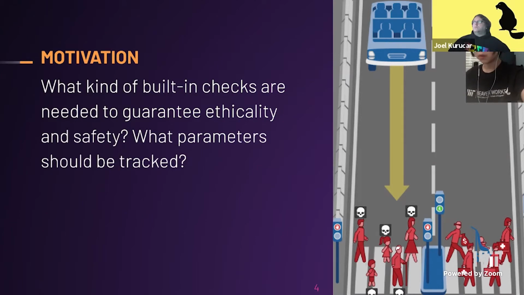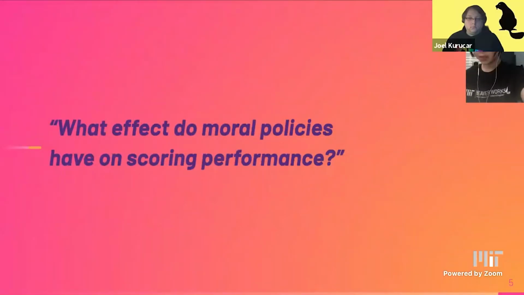We wanted to compare the moral inclinations of human players with those of AI, which would further be reinforced with different reward systems to see if that affected the results of these decisions. The goal of the zombie simulation, if applied to real life, would be to have an autonomous vehicle that can make the most popular decisions to act as an emergency response. The research question we decided on was, what effect do moral policies have on scoring performance? We hypothesized that AI would probably choose the optimal figure to save or sacrifice purely depending on which action gained more points or lost less. Humans, on the other hand, could choose less logical moves depending on their emotional response to the acts committed in-game.